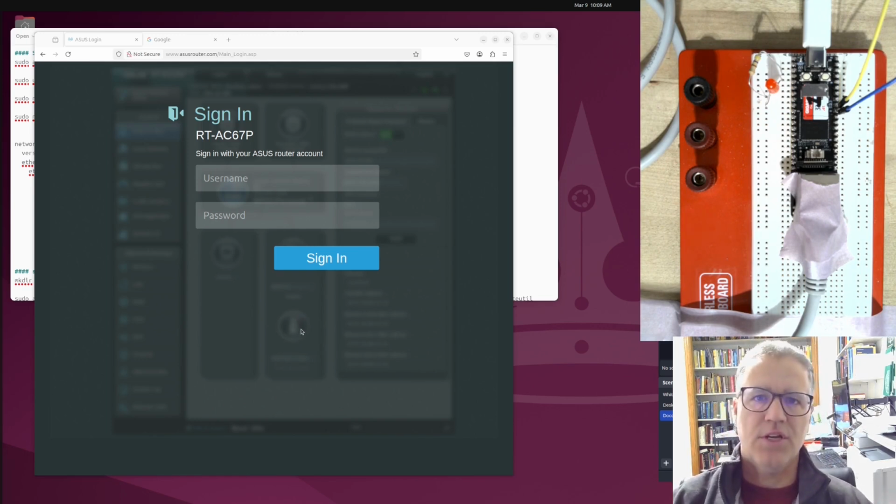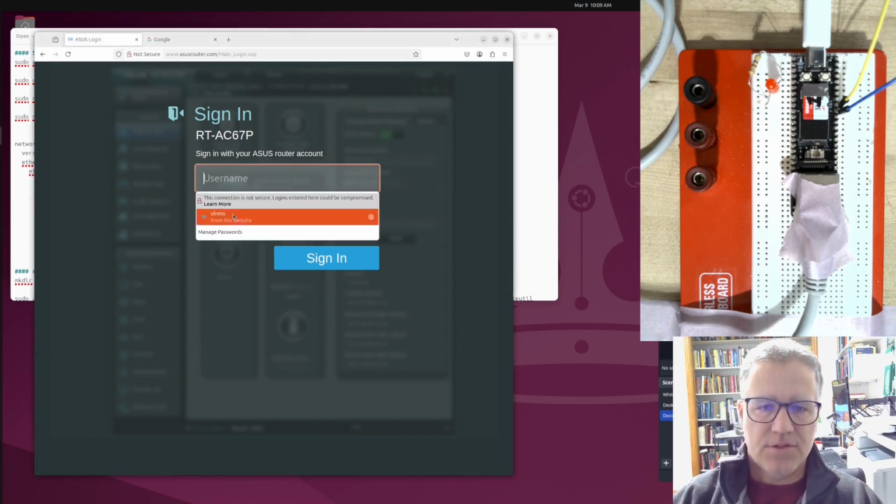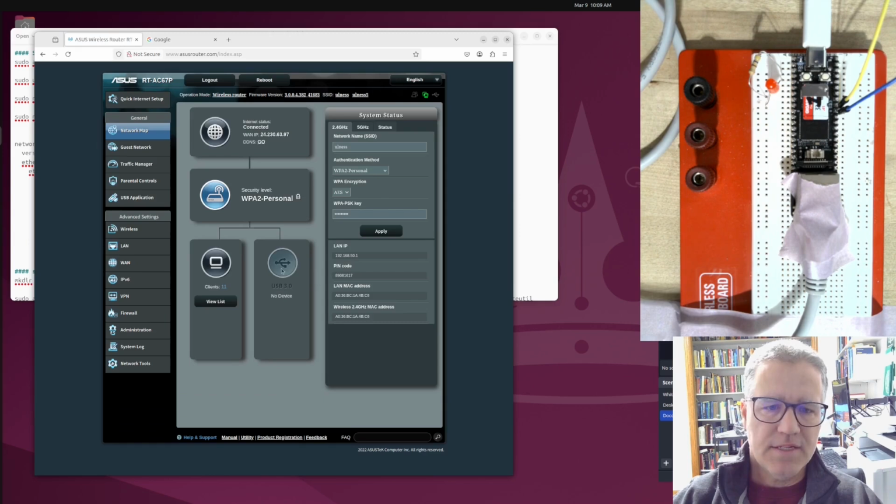All right, so this is where you're likely going to deviate, and so you might have to be on your own a little bit in terms of figuring out this first step. In my case, I've got an ASUS router, and I will be able to log into it and determine a couple of things that we're going to need, and then you would want to do this for your particular router. So I'm going to log in, and I'm going to see my client list here. So I'm going to view my client list,